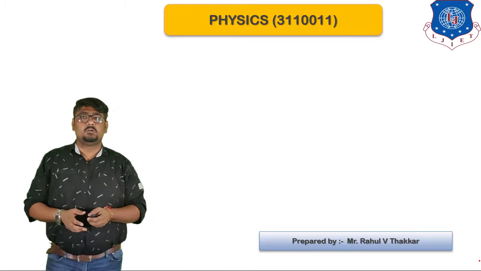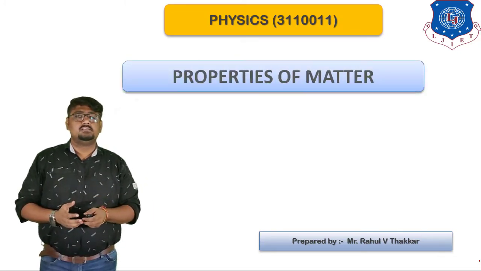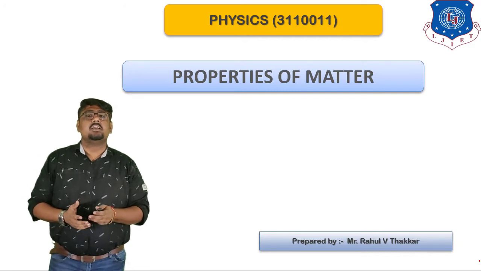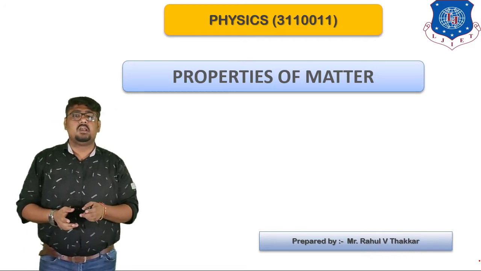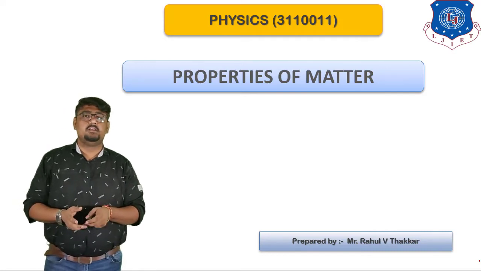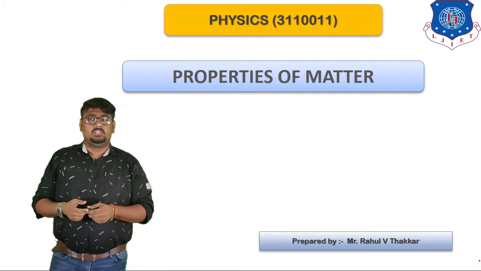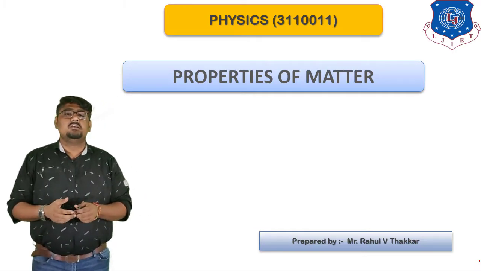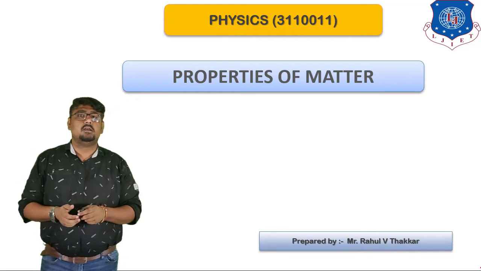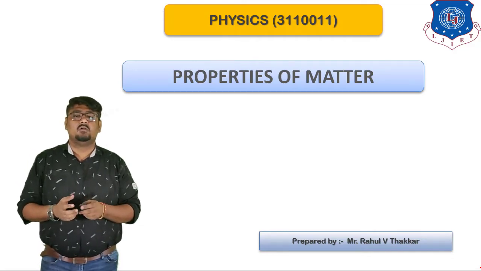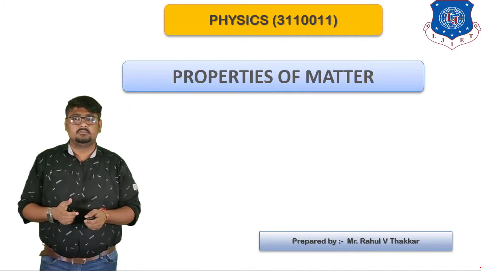Till now, in the chapter of Properties of Matter, we have learned the basics of stress, strain, and concepts of elasticity, along with the derivation of the time period of a torsional pendulum, work done in stretching a wire or a shaft, and torsional rigidity of a cylinder for both solid and hollow cases. Also, we have derived an equation for depression of a cantilever beam loaded at the end.